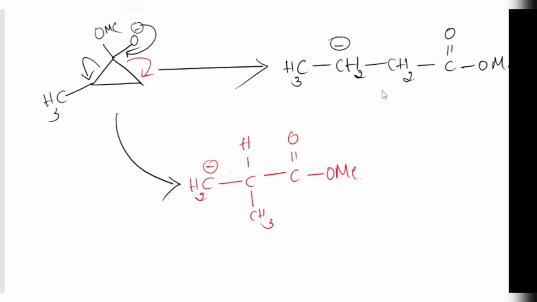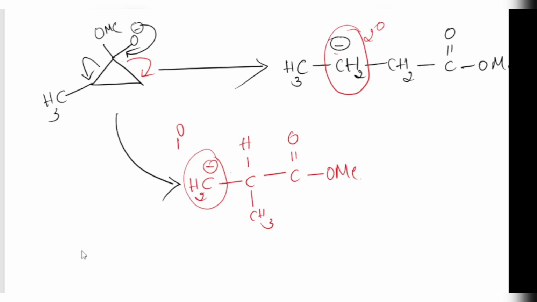Correct? These are the two products with a negative charge that we will get. When we observe over here, it is a secondary carbon carrying a negative charge. Over here we will get a primary carbon carrying a negative charge. Among these two, we know that this product, the primary carbanion, is the more stable,